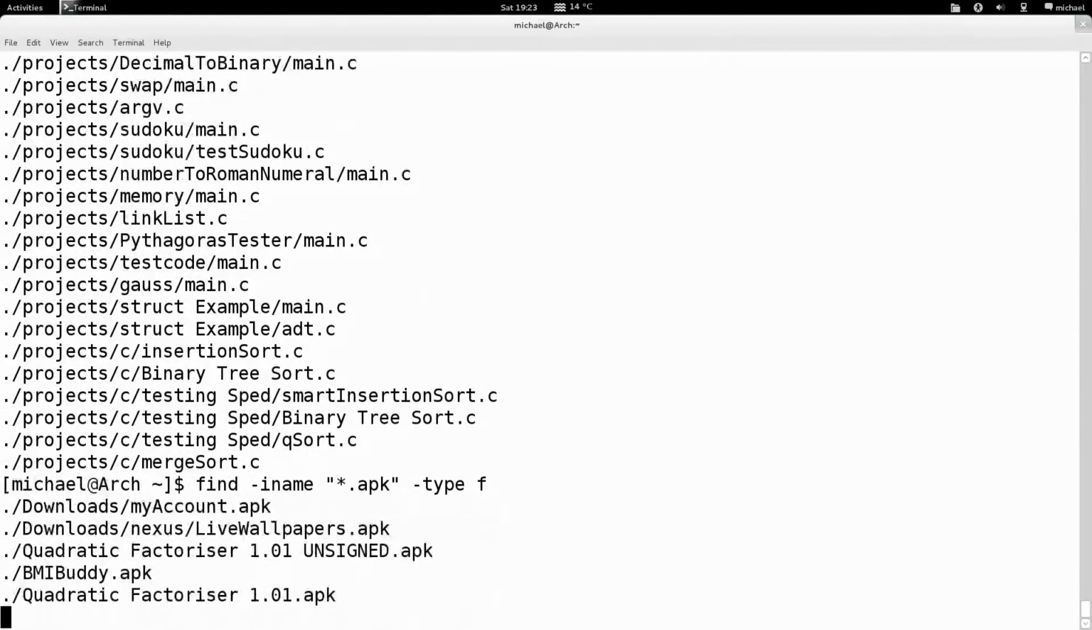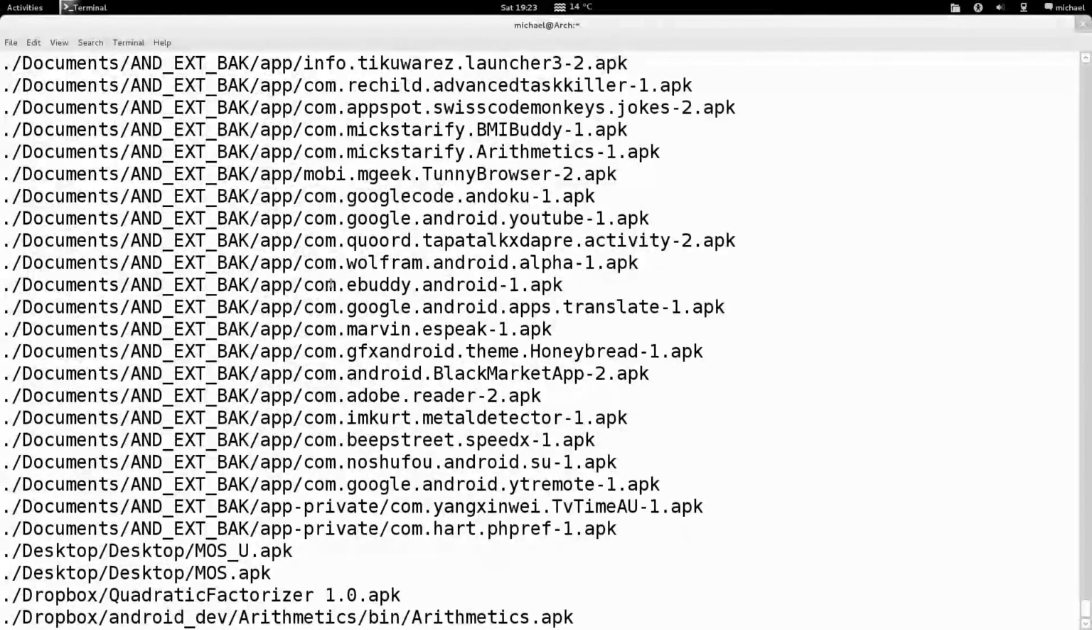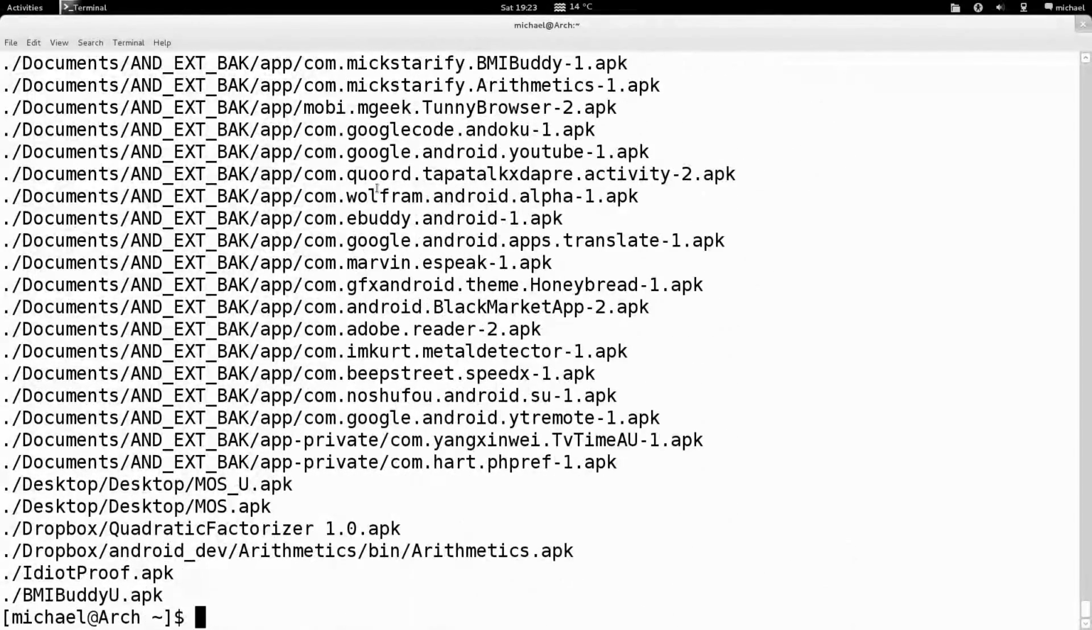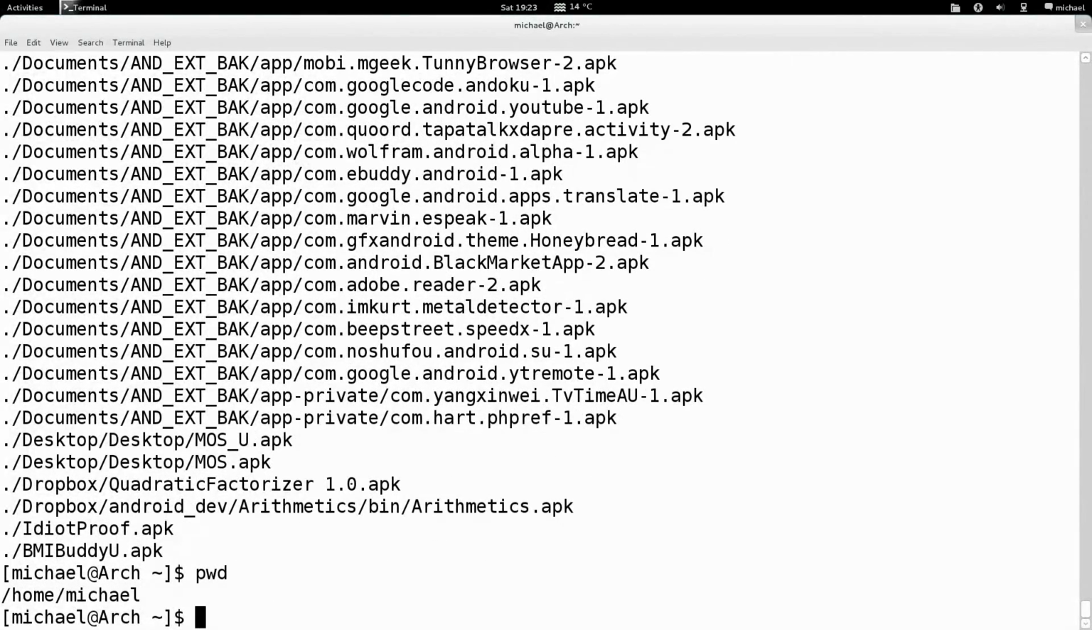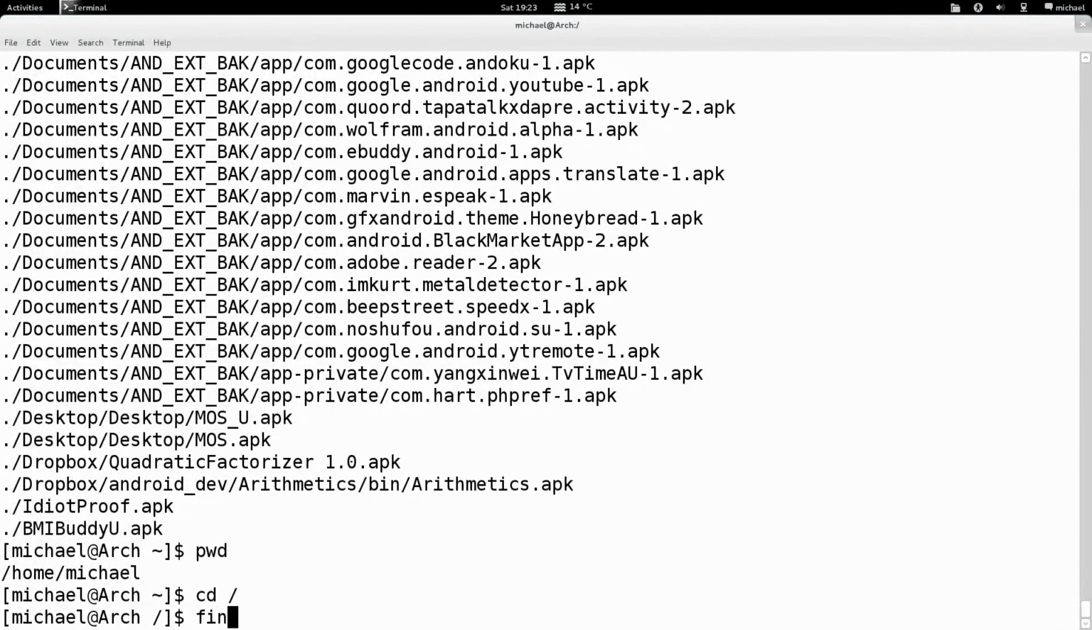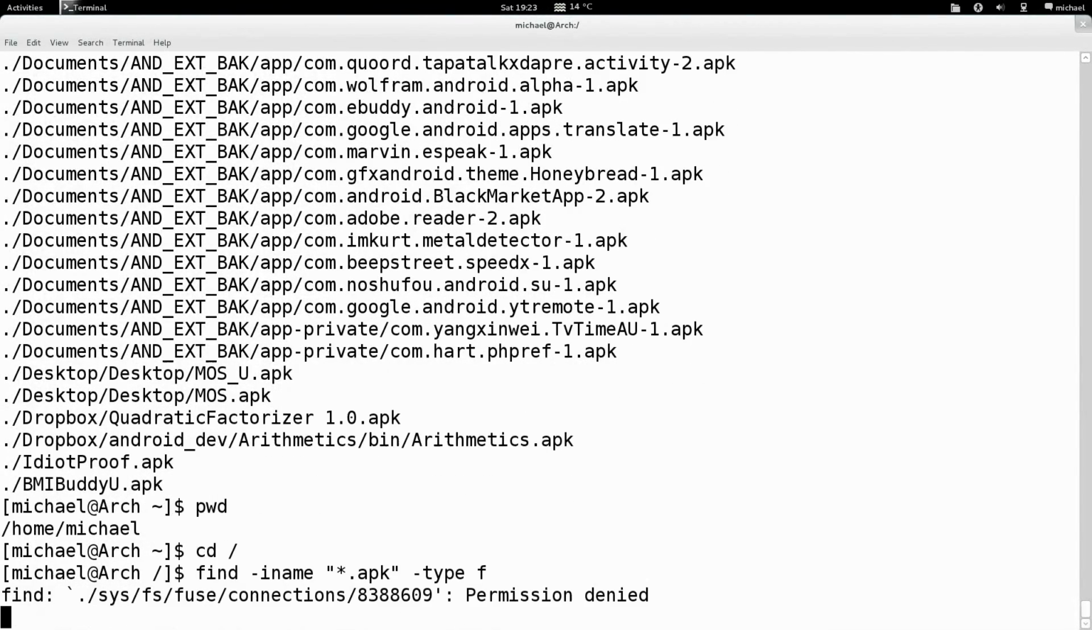And this prints every single APK file I have in my home folder, or at least my current directory. And you see these file paths? Well, these are actual file paths relative to what directory you're in now. So if I were to do it in this command,